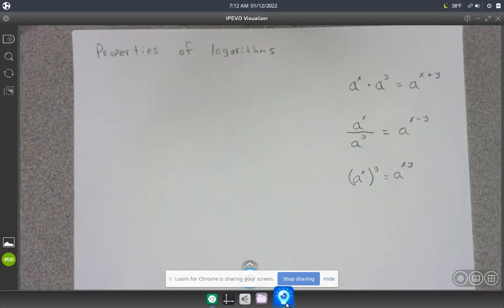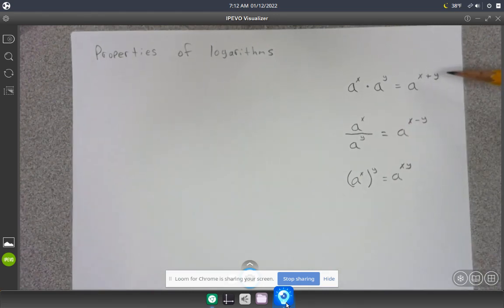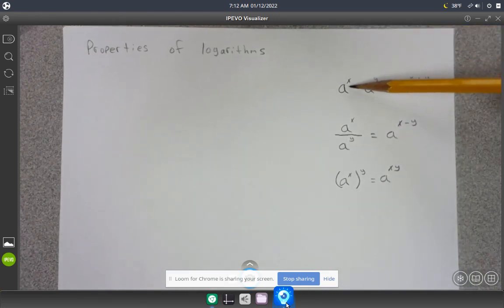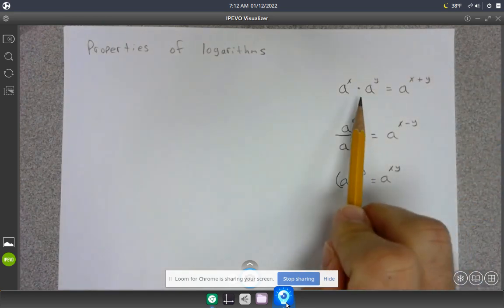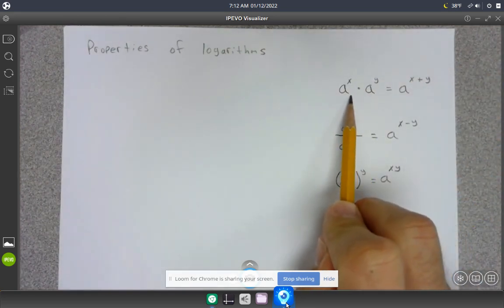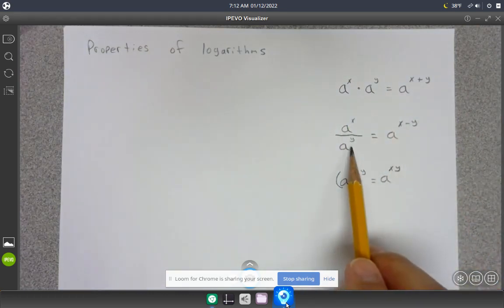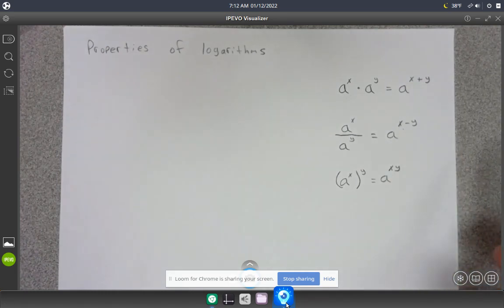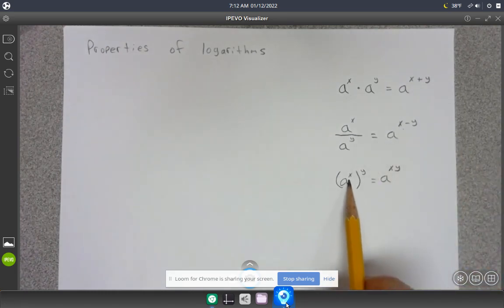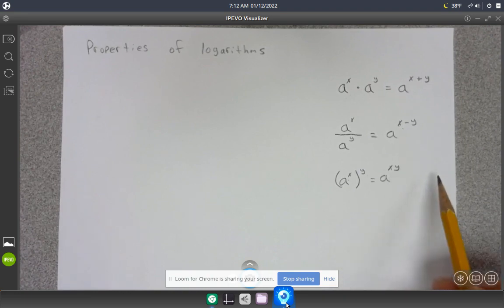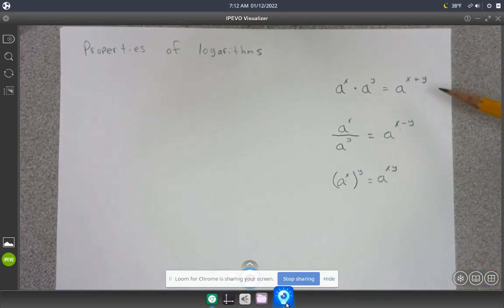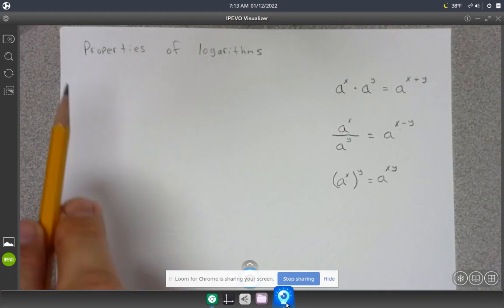All right, so in this video, I'm wanting to cover the properties of logarithms. A while back, probably in pre-algebra, you talked about the properties of exponents. So when you're multiplying things with like bases, the rule is you get to add up those exponents. And if it's division, you get to subtract the exponents. If you have a power to another power, you get to multiply the exponents. So each of these properties has a kind of a similar feel or a mirror property in the world of